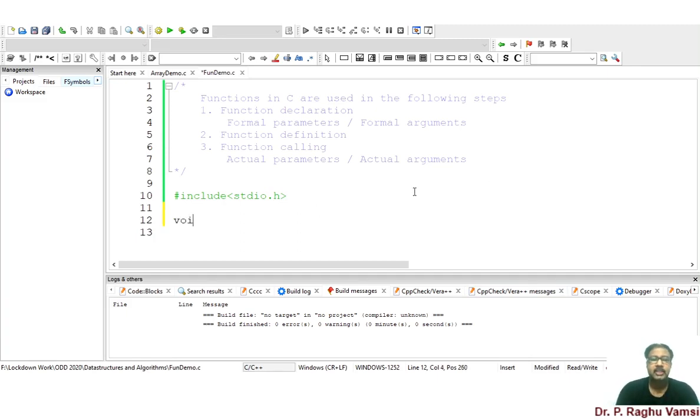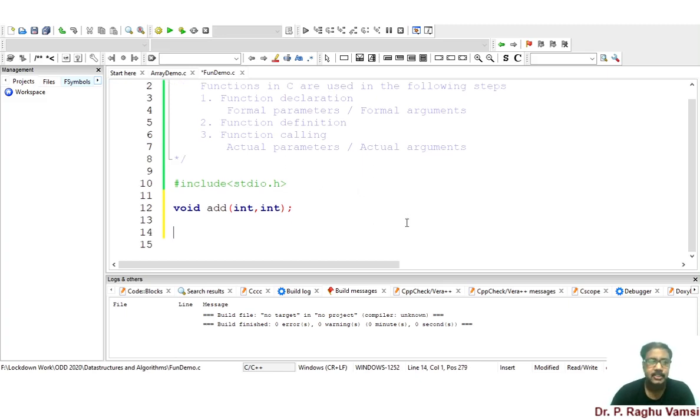Here the return type is void that I'm using, and add, so int comma int. This is a simple function I'm writing here. This is the function declaration, step 1. Next is the function definition, void add of int a comma int b.